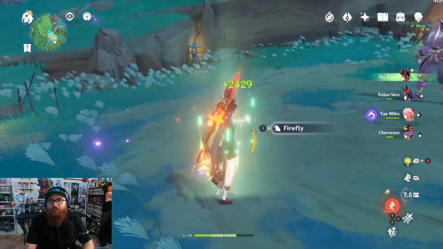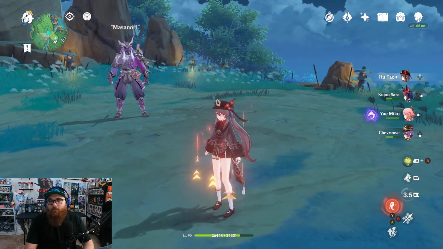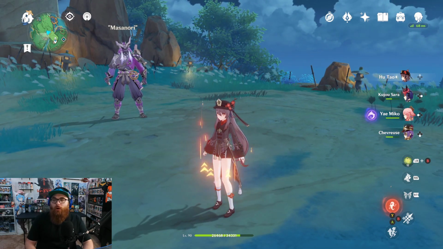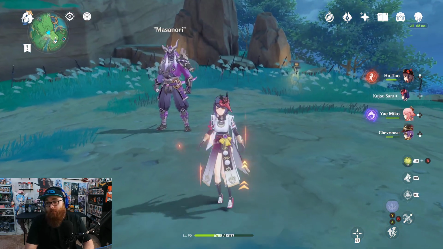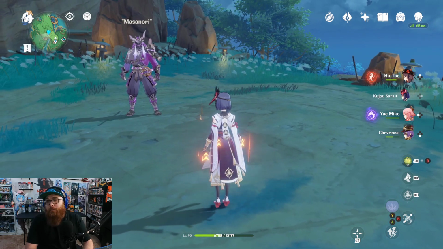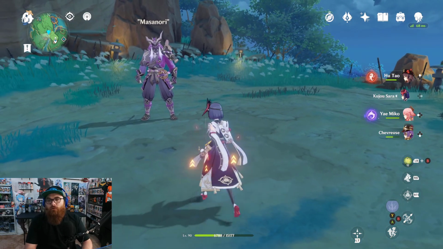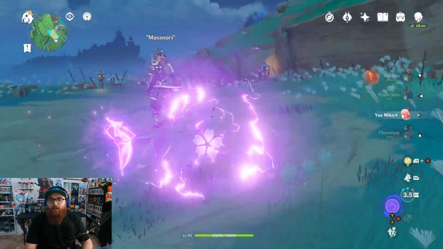Not just because of the fact that I'm really able to, like, kind of, you know, work my magic with this team. But Chevreuse's healing works really, really well with her. And the attack bonus that I was getting off of Kujosara really helped me out in the long run with that, or at least that's what it felt like. I could be wrong, and maybe I'm just literally doing a placebo effect with Kujosara. But it also helped with overload that I was getting Himeko